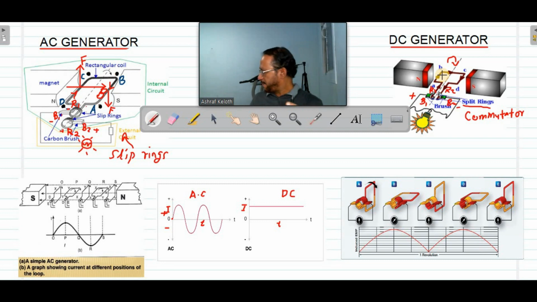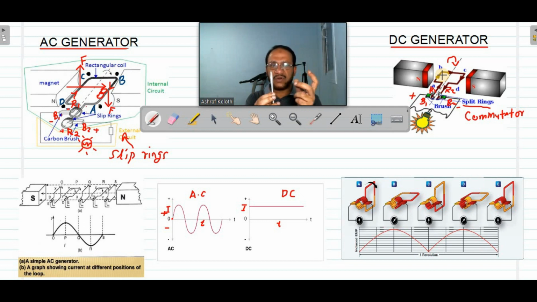Suppose you consider, can you see the pen now? Yes. In the first half rotation, one time the direction is changed. The direction now is upward, and it is changed downward. This direction change in the first half is because of Fleming's right hand rule at side AB and the other side CD. So ABCD is the direction of flow of current. In the next half rotation the direction reverses. One time the direction is reversed because of Fleming's right hand rule, and at the same time the rings R1 and R2 change position, so the direction is reversed again.